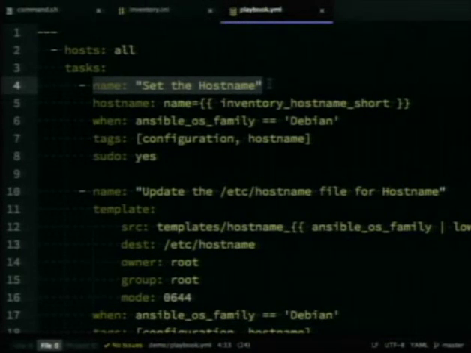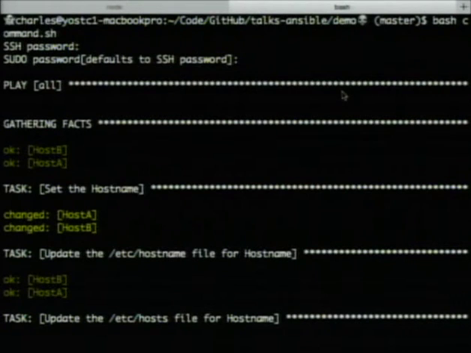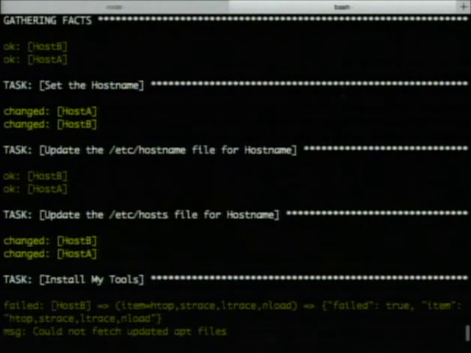Kind of bled out by the light. I promise it's there. It then goes on to do the other tasks that we've indicated. And you'll notice some of these are changed and some of these say okay. Changed means something was changed. Okay means that it did not need to do any work.